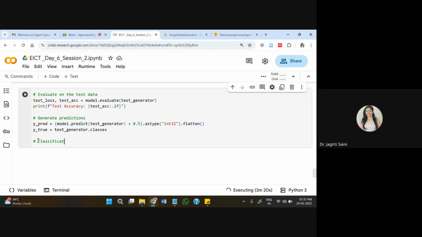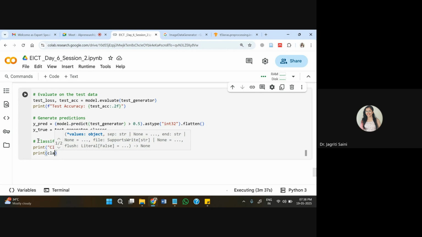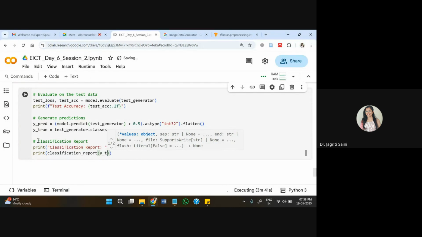Then we can create the classification report for the comparison purpose, and here I'll write the classification report, and within this I'll have to pass the information on the classification report function with value y true that we have right here.